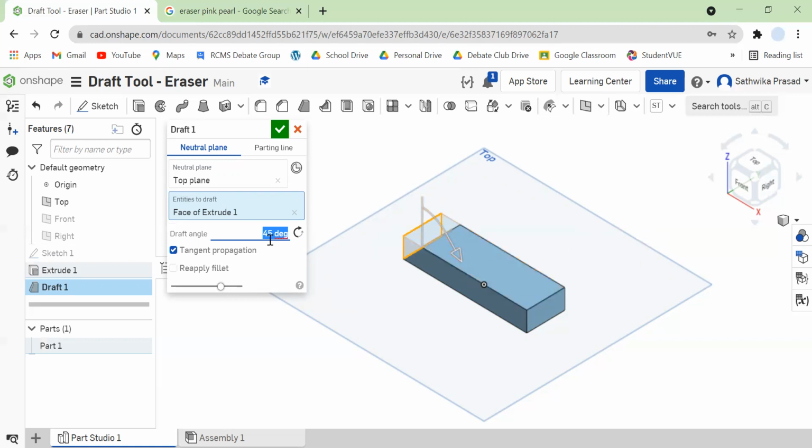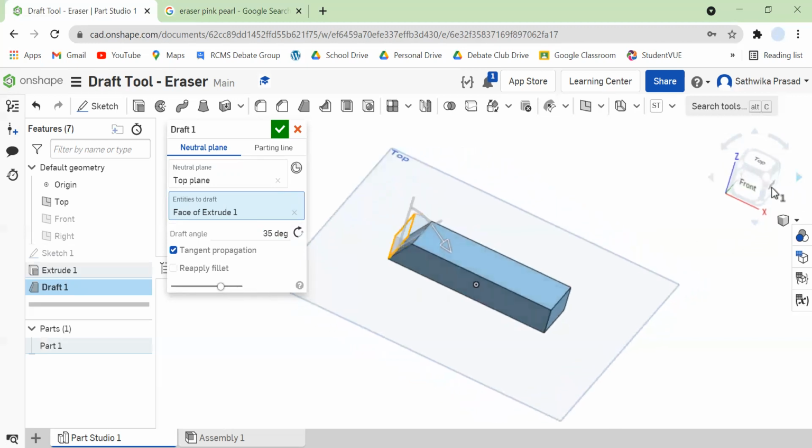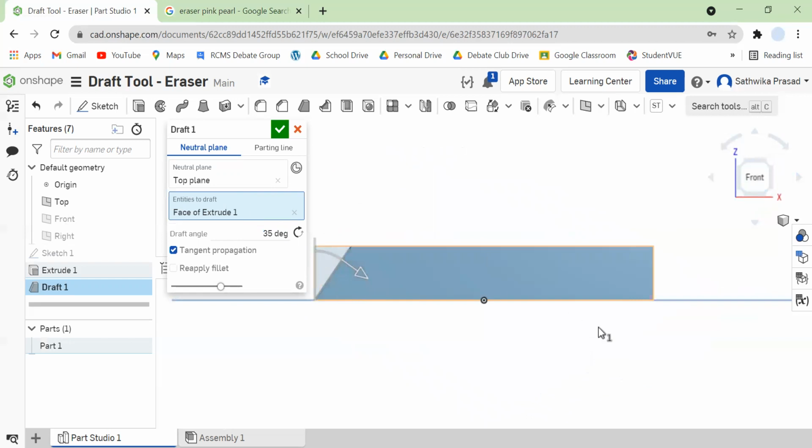Actually, I might want to make it 35. 45 seems too much. Yeah, I think 35 is the one. Okay. So now that we've chosen our 35 draft angle, so basically what this neutral plane is from, we